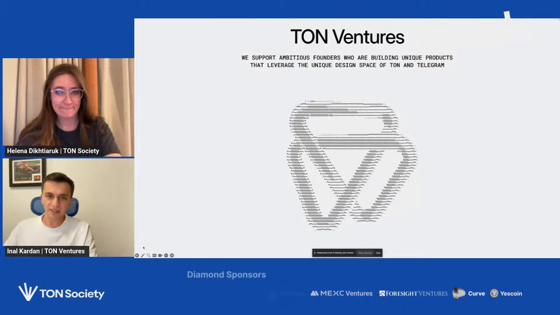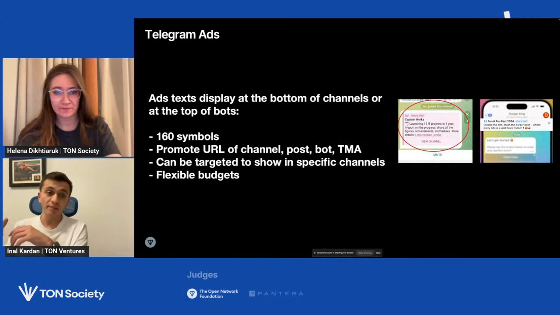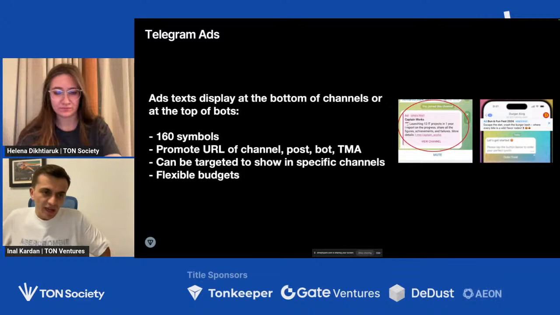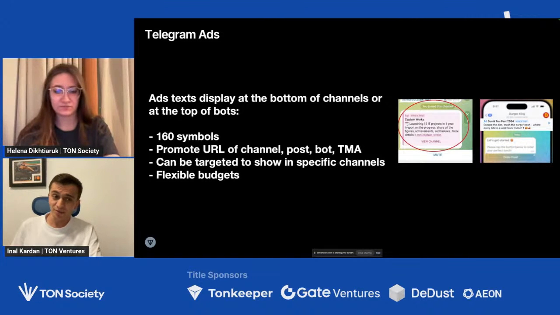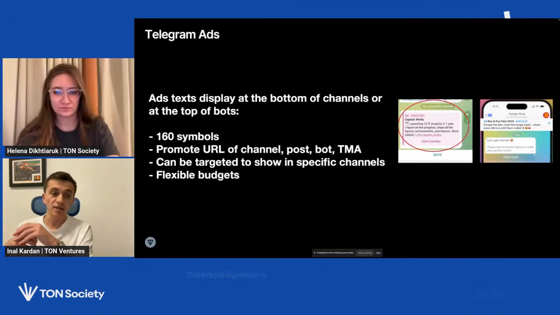With that, let's go straight to the topic. As I already said, there are four main acquisition channels that you can use for your mini app. The first one, the most obvious one, and the one I would ask teams to try first, is obviously Telegram ads. As you may know, Telegram ads exist in two forms. The second form was introduced just a couple of days ago. Pavel Durov, the founder of Telegram, introduced it on November 2, so about 3 days ago. But the first format, which is an ad at the bottom of Telegram channels, has existed for a long time already.